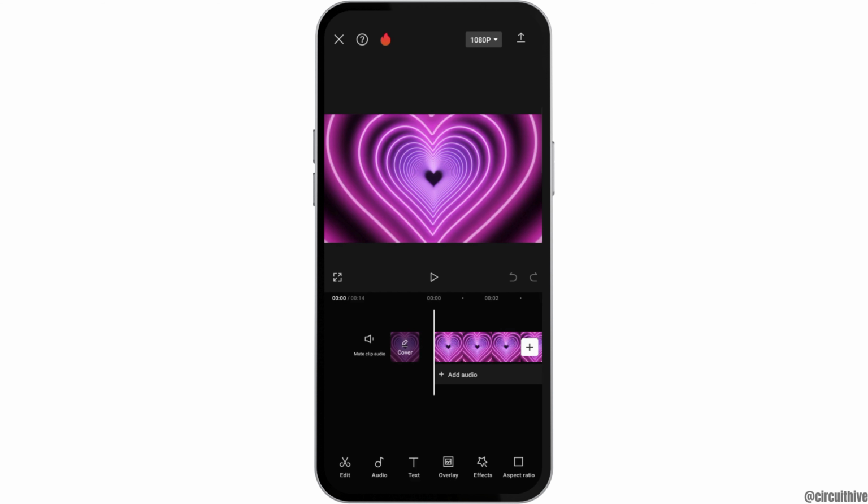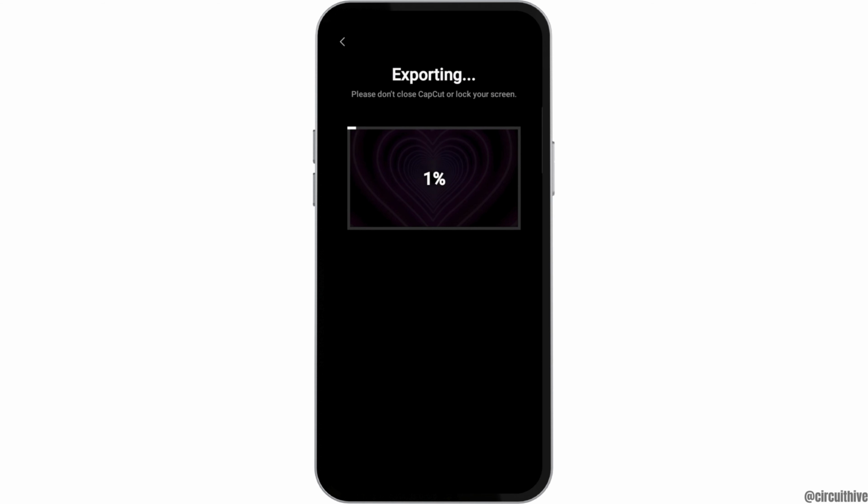Now after tapping on the project or creating a project, you can also add various kinds of editor features in the video, because there are various kinds of nice editing options in CapCut. And after you have edited all of the video there, now you have to go to the arrow here on the top side. And after tapping on the arrowhead on the top side, now you can see the option of exporting. You have to wait until it reaches 100%, and after it reaches 100%, now you can see that